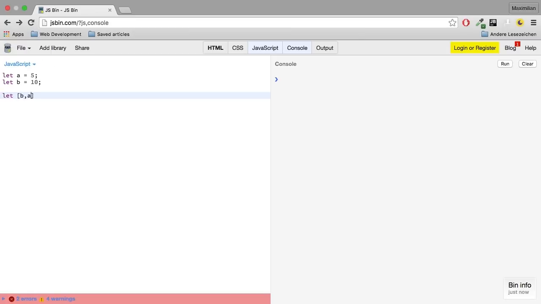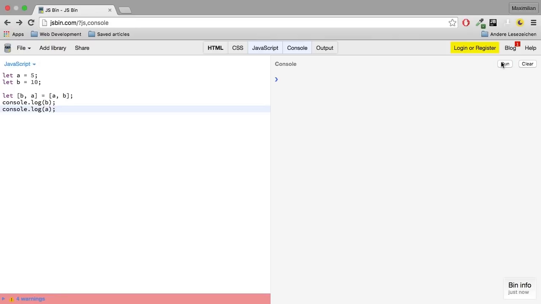Use destructuring with the variable names you already defined, so b and a, and you assign it like this, a and b. So we're kind of destructuring on both sides, or here we're creating an array to be precise, we're constructing an array, and then we're instantly destructuring it. So here we're creating an array where a is the first element and b is the second, and then we're deconstructing it to, well, basically swap the values. So therefore, if I now log b, and of course also log a,